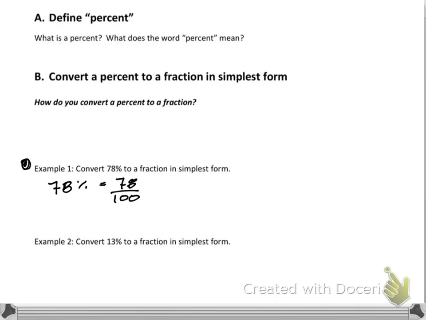In fact, 78 is an even number. Okay, so what we can do is we can divide both the top and the bottom number by 2. So 78 is 39 over 2, 100 is 50 over 2. So this reduces to 39 over 50. Okay, so at this point, I don't believe there's anything that goes into both 39 and 50, so this is